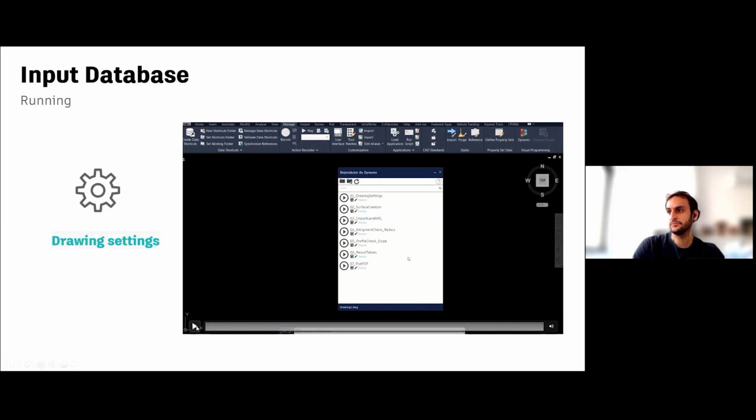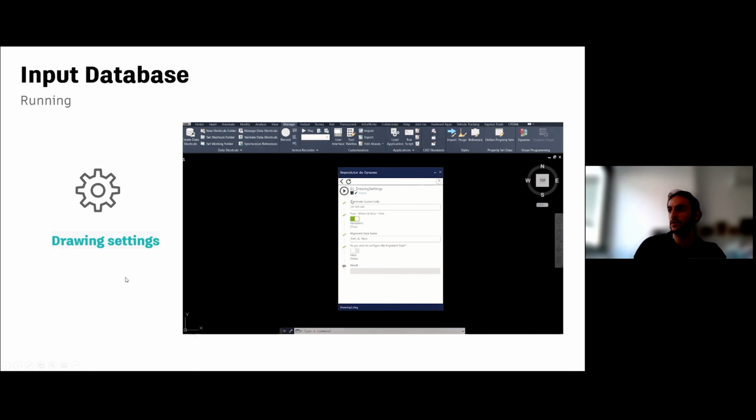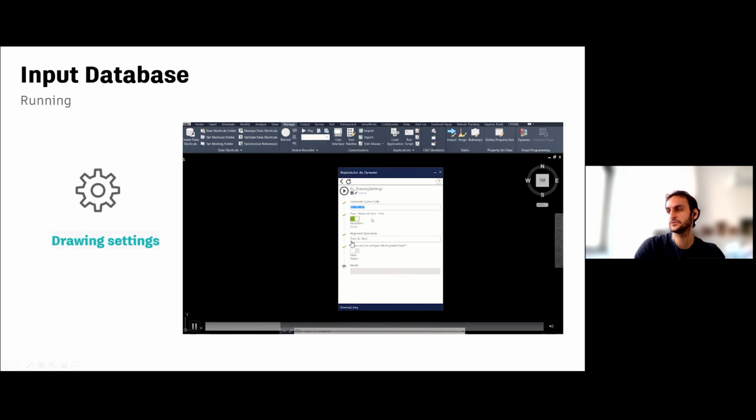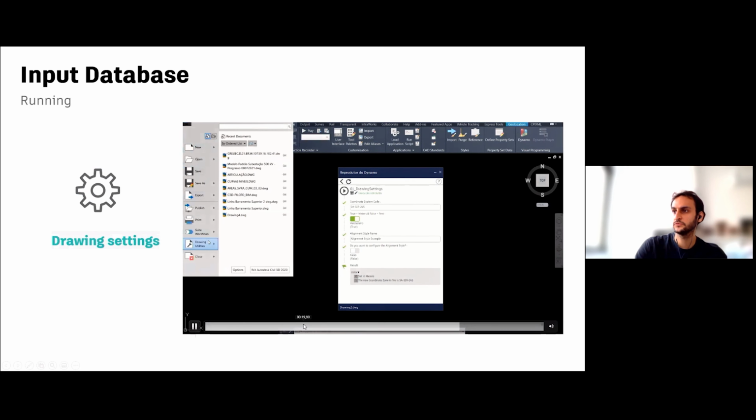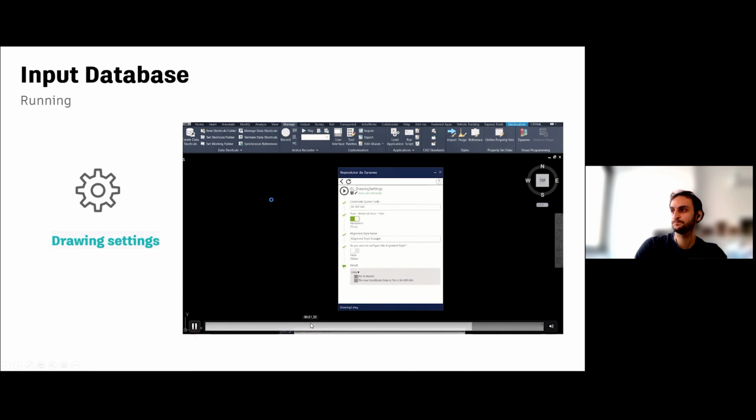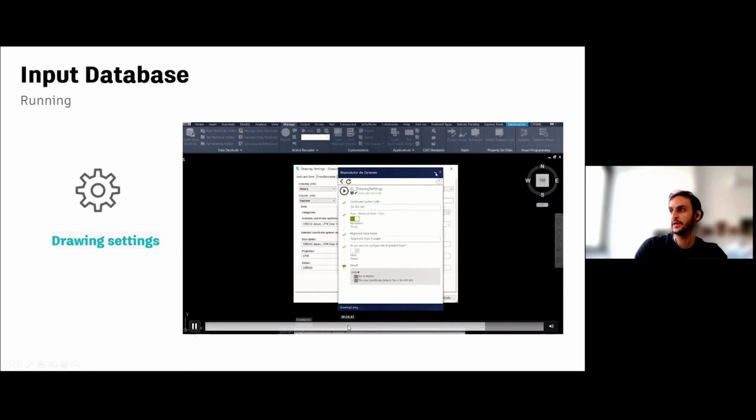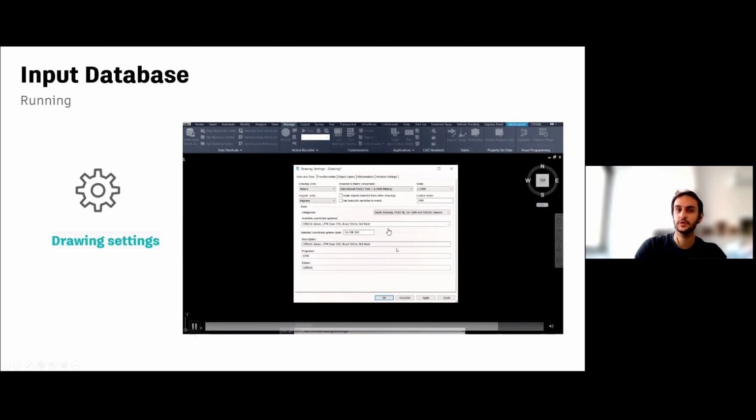So here you can see very fast the procedure. It took less than 1 minute to configure everything. For sure, you can do it manually, but as we mentioned before, we are trying to avoid human errors, so we simplify the inputs to avoid mistakes. And as you can see, after running, the configuration looks really fast. So if you check the drawing settings, you will see that everything was configured, okay?